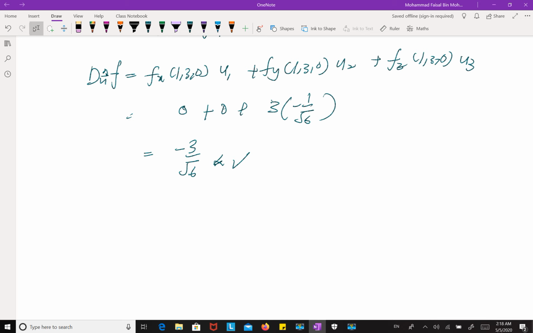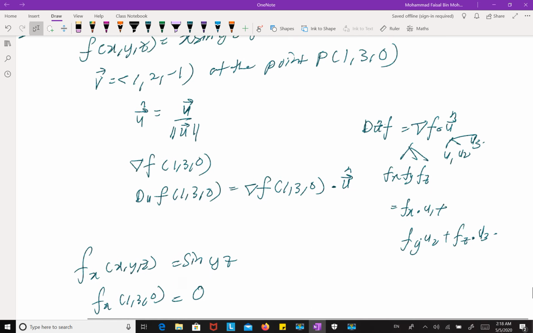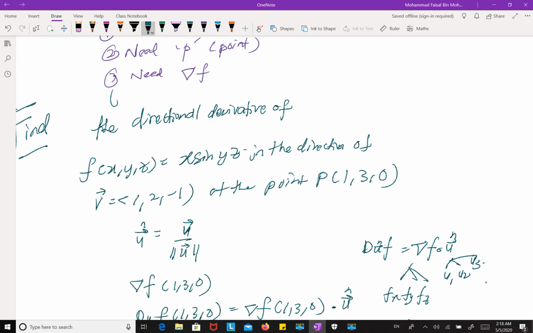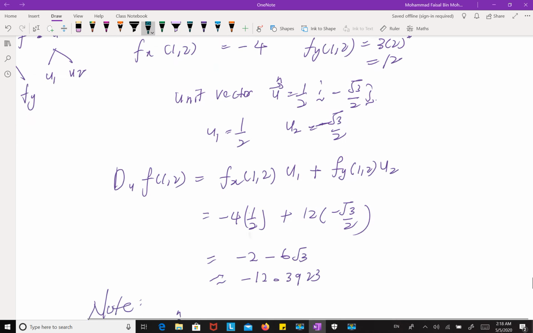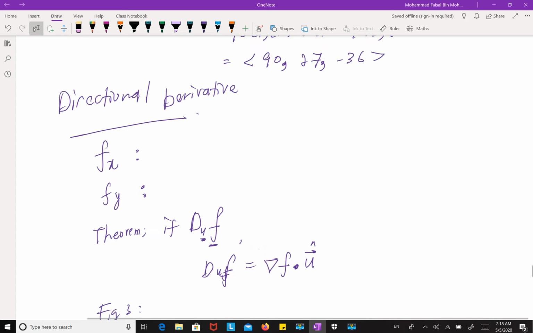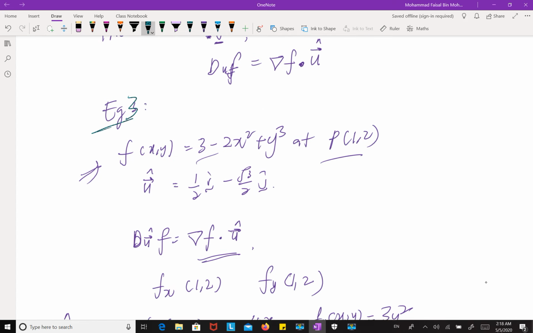Okay, from example 3 just now, this is example 4. From this example 3, in what direction from the point P equals 1, 2 is the directional derivative of f(x,y) a maximum or a minimum, and what is the magnitude of this maximum or minimum? Okay, so from this example 3,